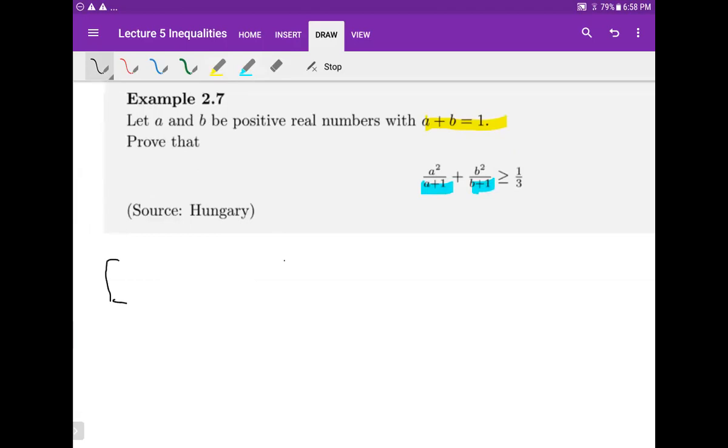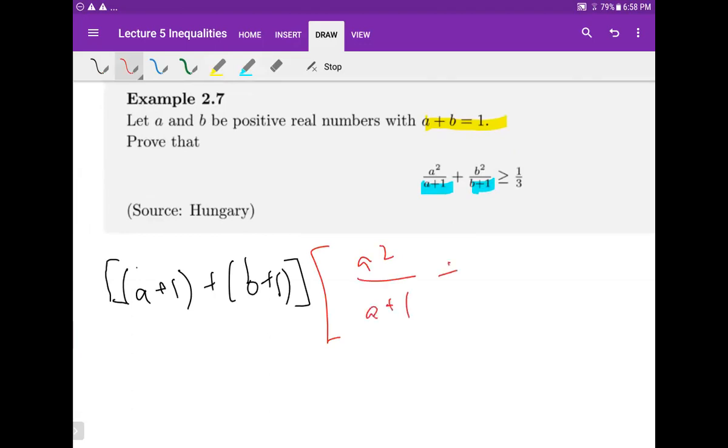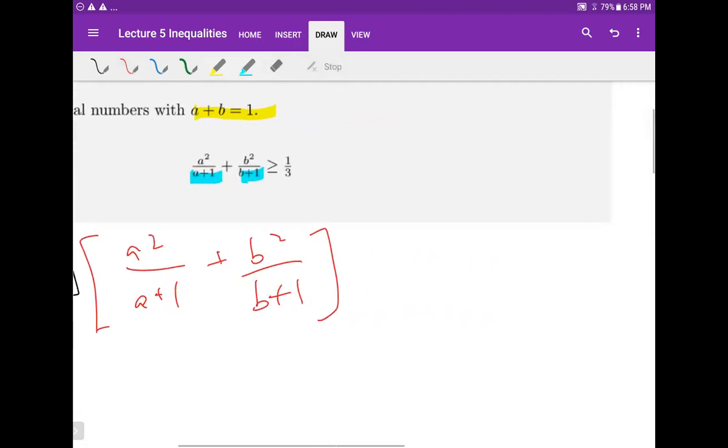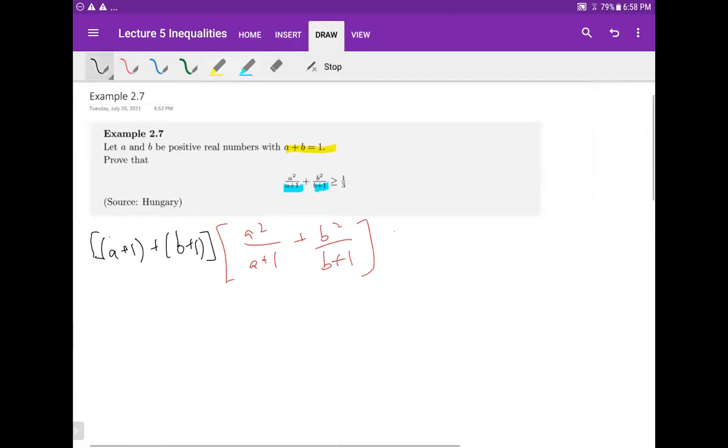The first set would be A plus 1 and then B plus 1. And on the other side, we would have A squared over A plus 1 plus B squared over B plus 1. So that's the original left-hand side of the expression, and this would be greater than or equal to, using Cauchy-Schwarz,